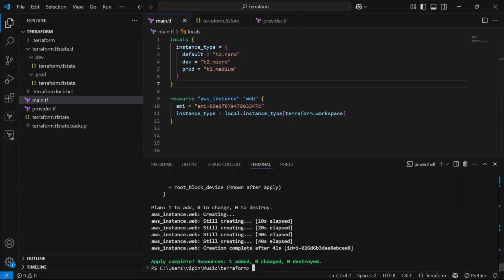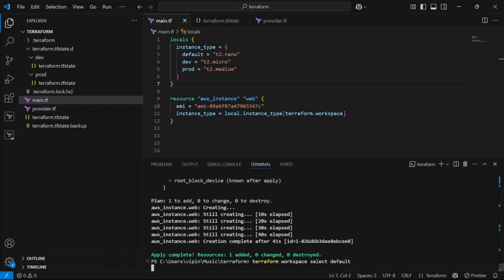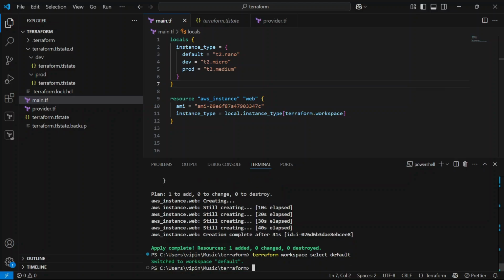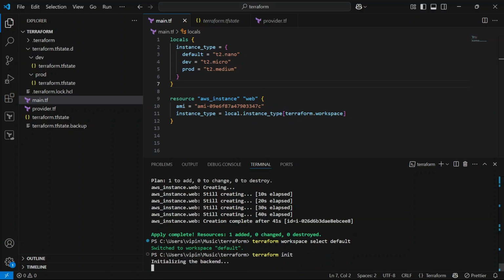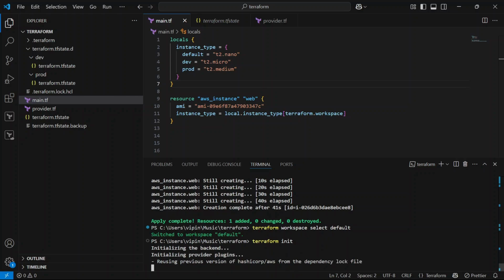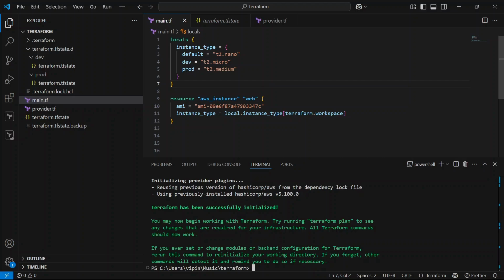So let's switch to the default workspace, select default. Okay, and let's run terraform init. If our workspace is default, then it is going to take t2.nano, right?